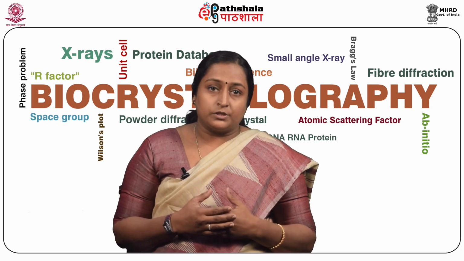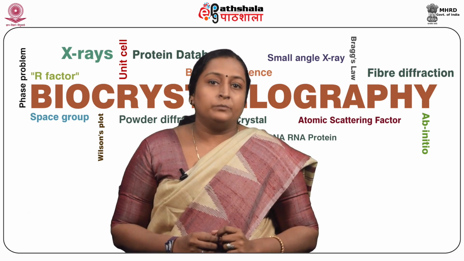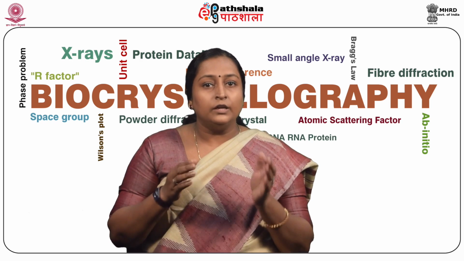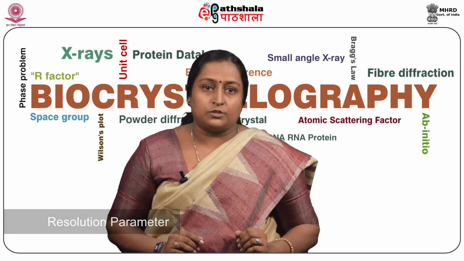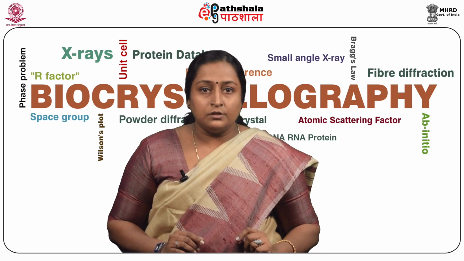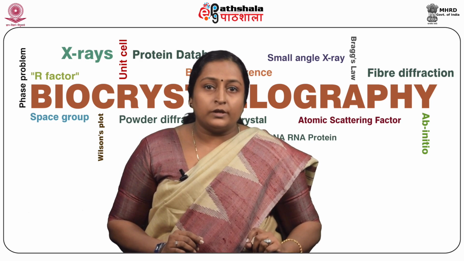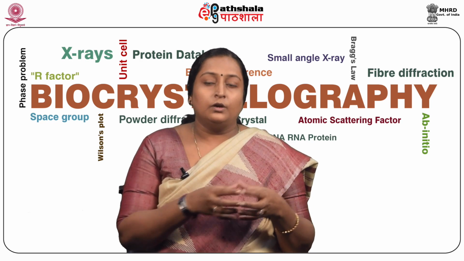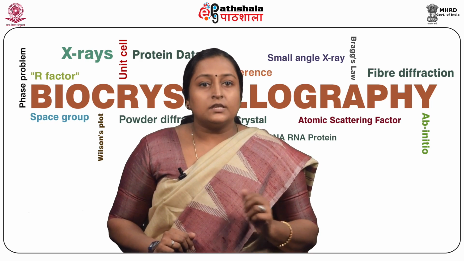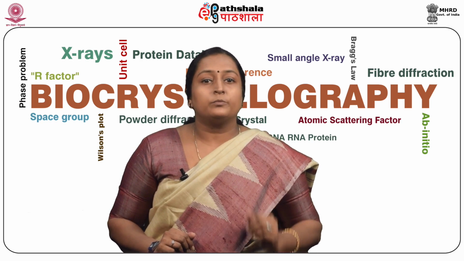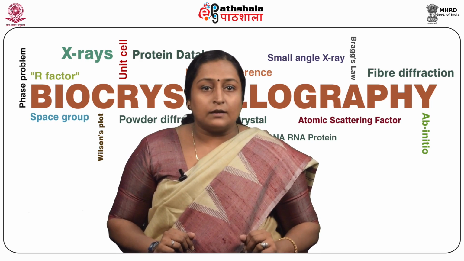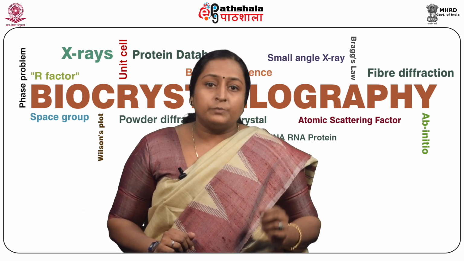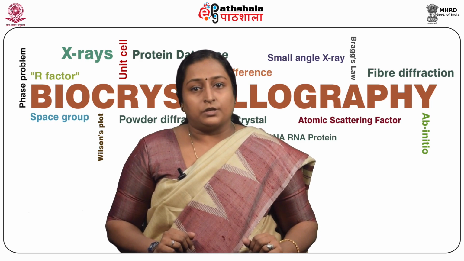At higher resolutions, more reflection data sets will be collected. The number of reflections increases with the inverse cube of the resolution parameter. At atomic resolution, there is no overlap of electron density contours. Every atom will have its own electron density contour. With present-day technology, data collection is possible beyond atomic resolution also. For example, the data of rubredoxin, which is a small protein, has been collected at subatomic resolution level.